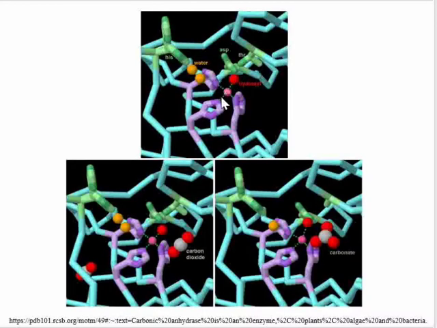In the carbonic anhydrase enzyme, zinc 2 plus is the active center, and this active center is surrounded by 3 histidines and 1 water molecule, or hydroxyl, you can say. So it is 4-coordinated, so it has a tetrahedral geometry. This zinc center has the tetrahedral geometry, and when the carbon dioxide binds here, you can see carbon dioxide binds here, it will convert into carbonate, and this can be shown with the help of a mechanism.